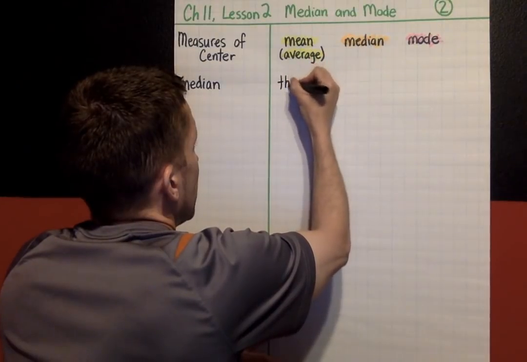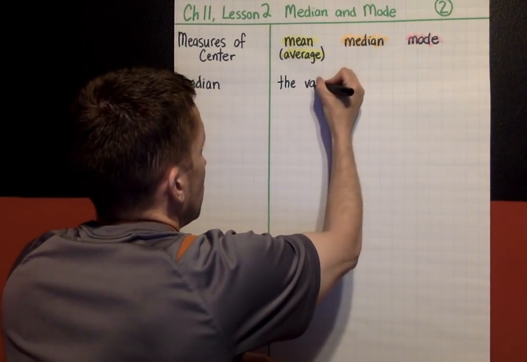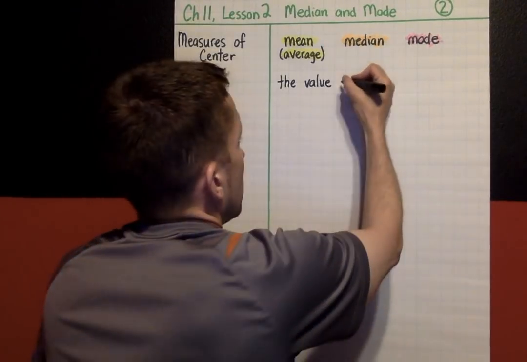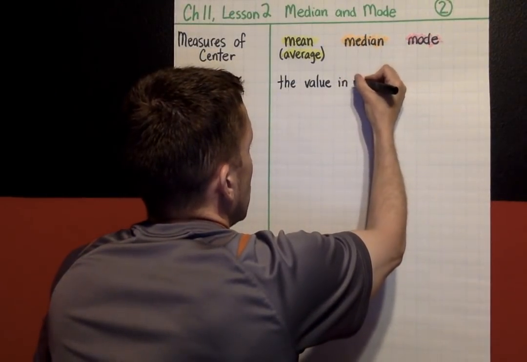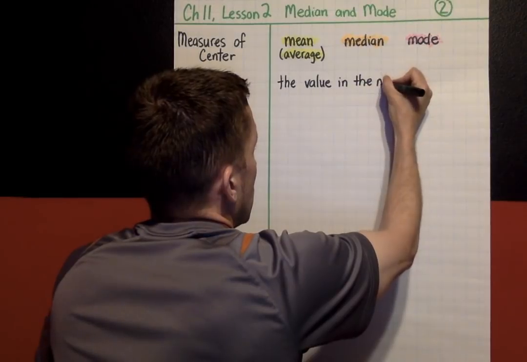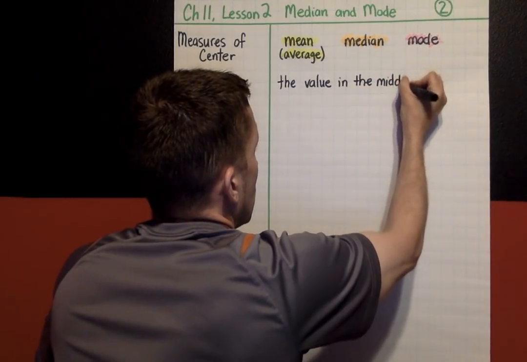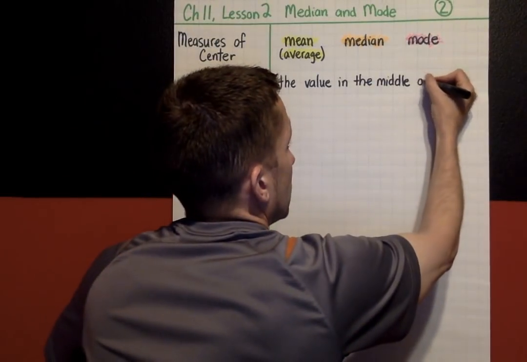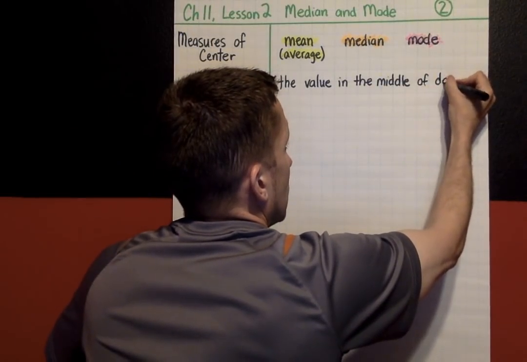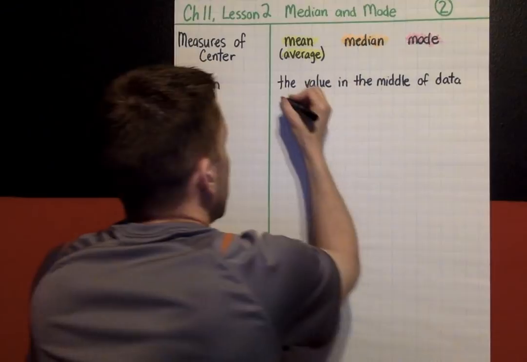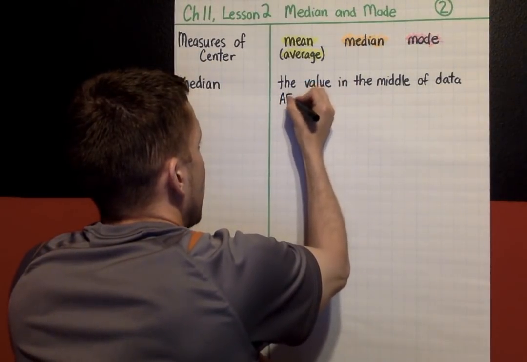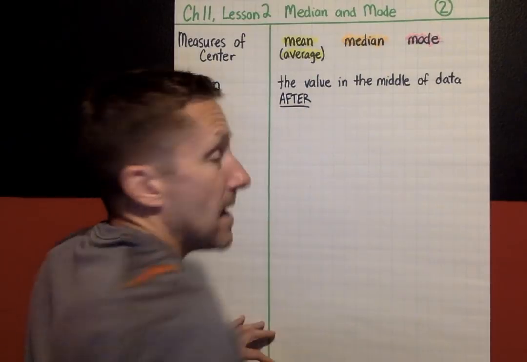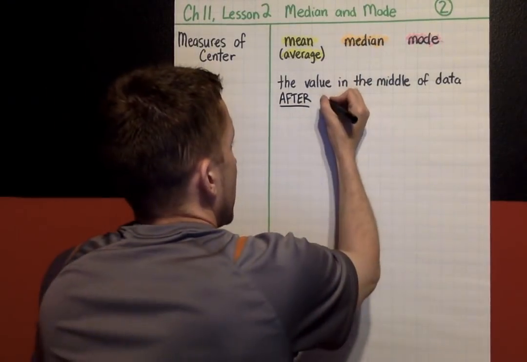So the value in the middle of data, and this is the key word right here, after sorting your data